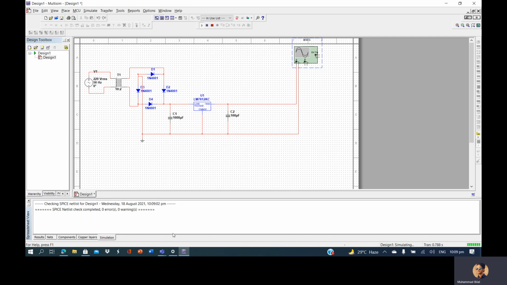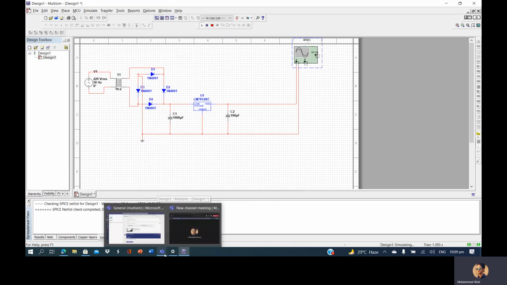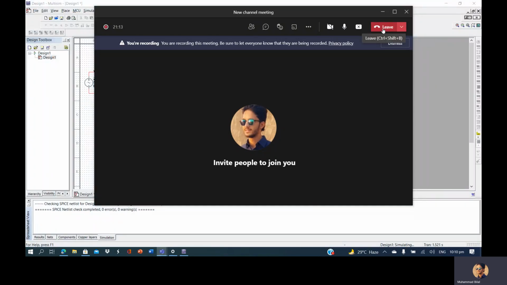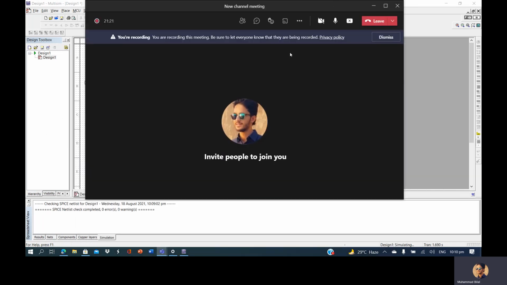We can build different kinds of power supplies as well. If we want to get 24 volts, we will replace the 7812 IC with the 7824, and likewise. So different kinds of power supplies can be designed in this software, and it is a very simple and easy way to design them, with no big programming or anything like that.